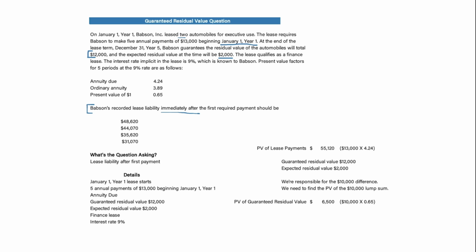So we need to find the present value of this lump sum. So we're going to use this 0.65 times that lump sum to find that the present value of the guarantee residual value is $6,500. So it's the $10,000 difference and then times the present value factor. So that's just the present value of the guarantee residual value. Now we need to think about the present value of the lease payments. So the payments are $13,000, and then we need to use the annuity due factor because the payments are being made right at the beginning of the year. So we take this 4.24 times the $13,000 payment to get